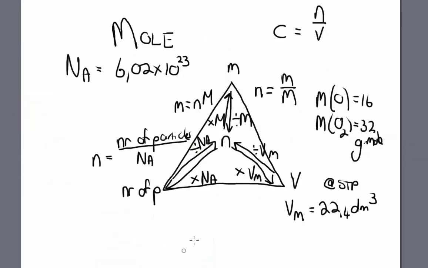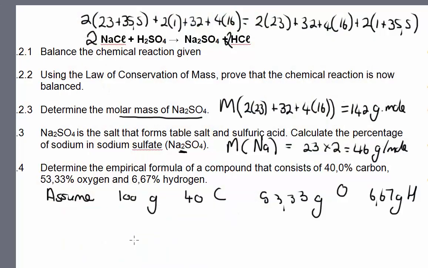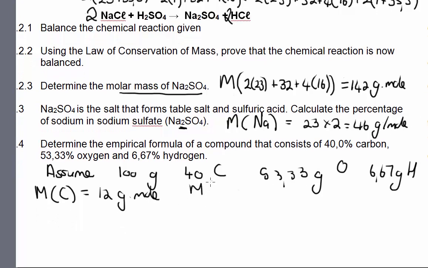So what we need to go and do is we need to go and use our mole triangle. When we move from mass to moles, we have to divide by the molar mass. So your next step will be to go and find the molar mass. The molar mass for carbon from your periodic table is 12 grams per mole. The molar mass for oxygen, and now remember I'm just using O, I'm not using O2 because I'm trying to calculate the empirical formula. It's going to be 16 grams per mole, and then the molar mass for hydrogen is